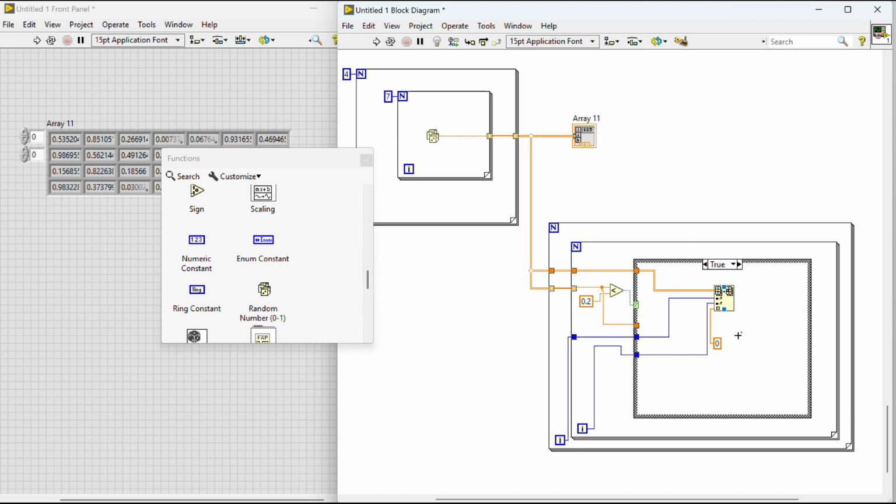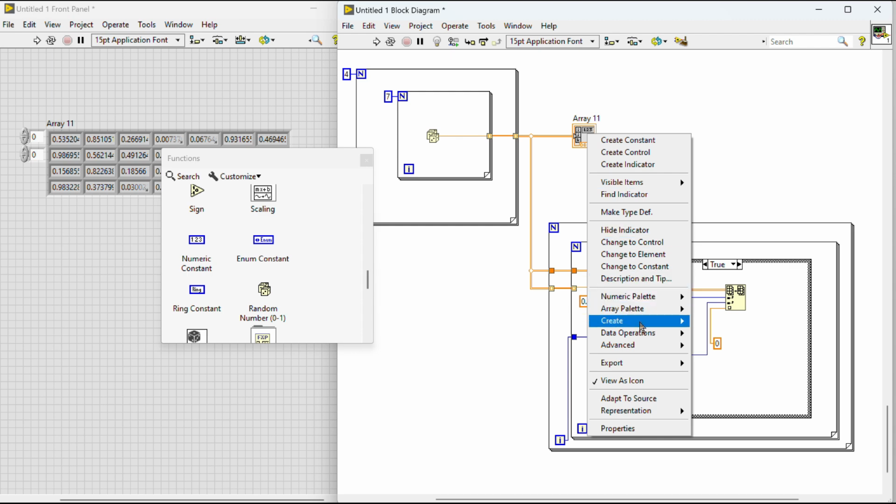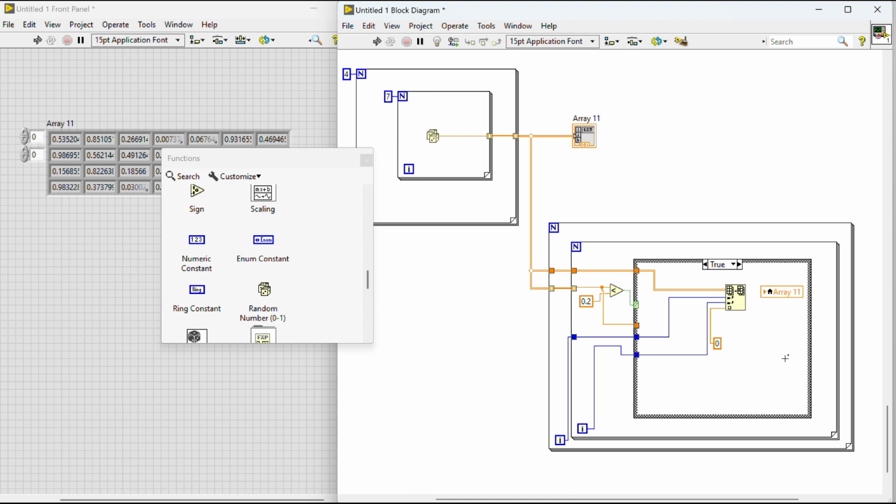To reference the pre-existing array, you can just go to your array, right click and then create a local variable. Place that into this one, and then I want to replace that and then dump everything into the same array. I only change the current element with this indexing number, then just change this one. And likewise in that false case,